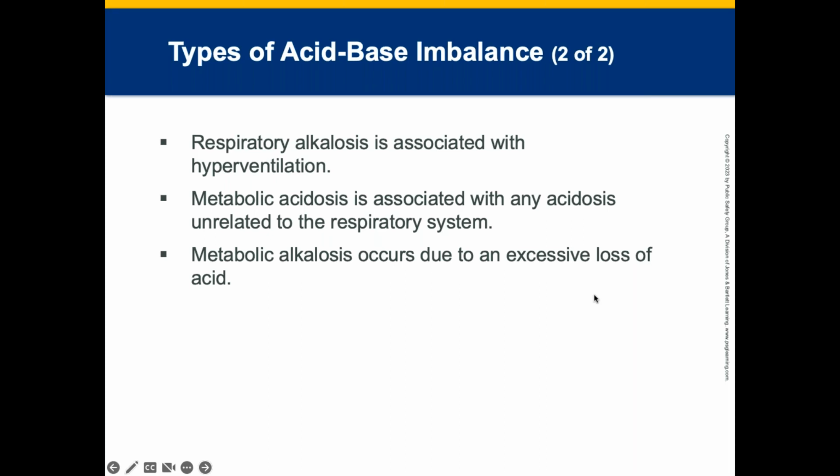Some common causes of metabolic alkalosis are excessive vomiting, excessive water intake, nasogastric suctioning, excessive intake of alkaline substances. That's why it's very important to understand your toxidromes and the toxins people are taking in. If they take in an alkaline substance, it's going to put them in a metabolic alkalosis. Signs and symptoms would be confusion, decreased respiratory rate, muscle tremors and cramps, and hypotension.